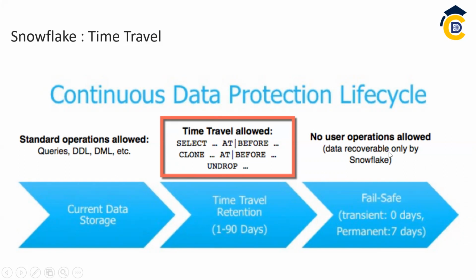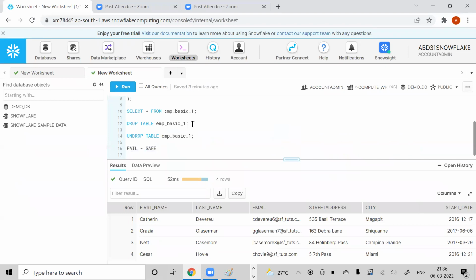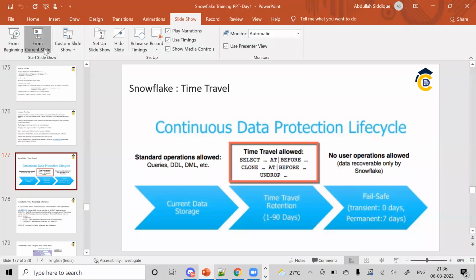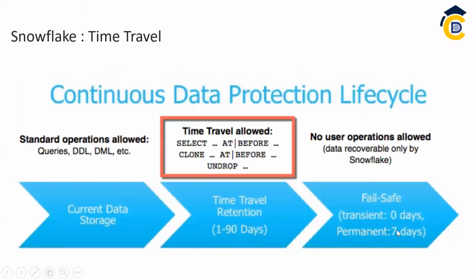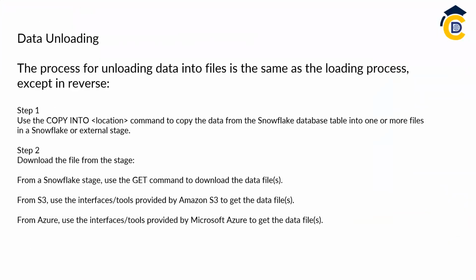But the data can be recovered by Snowflake administrators or Snowflake support. For example, I have dropped this table and say my retention period was 1 day. Now, after 3 days, I realize, no, I need to get it back. So I have to mail or get in touch with Snowflake support to get this back. But that is also only up to 7 days. That limit is also up to 7 days. Okay, so if we go back to the editions,